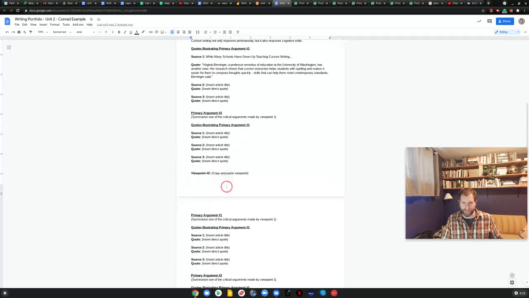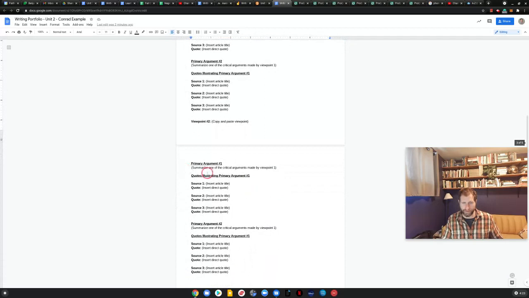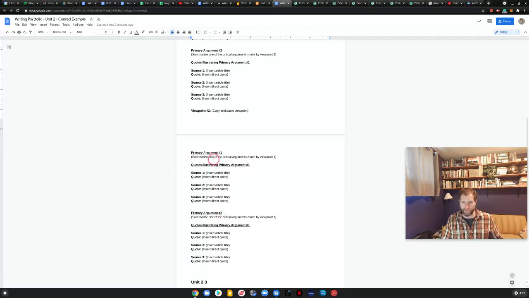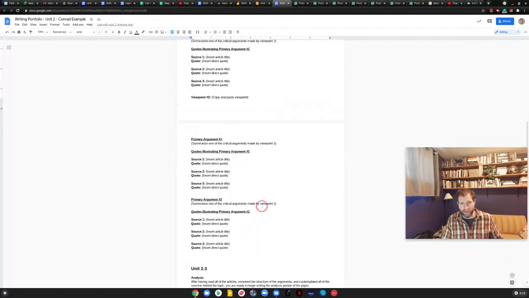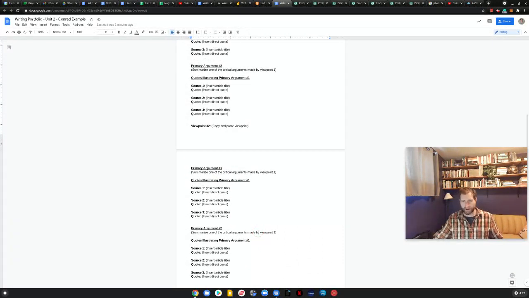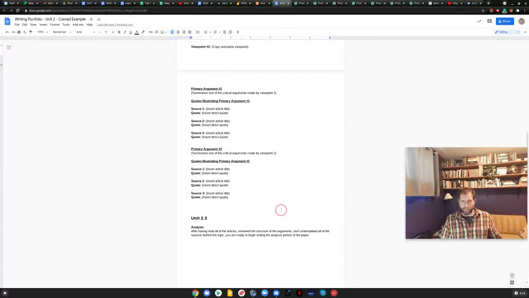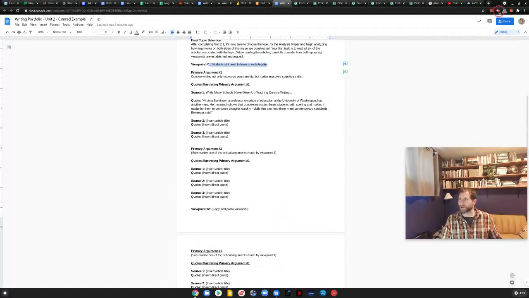So you're going to go through, and after you get the first viewpoint done, you're then going to go to the second viewpoint. Obviously, you're going to read those articles. You're going to come up with two of the strongest arguments on that side of the issue, and then you're going to provide quotes, and those quotes, once again, should support the argument that you lay out. You can't really do this until you've read those articles, and then you're going to go back through and comb through the articles. I hope that helps. As always, if you have any questions, let us know.